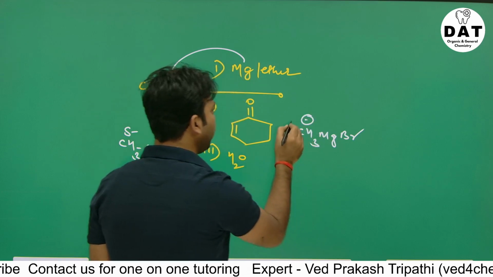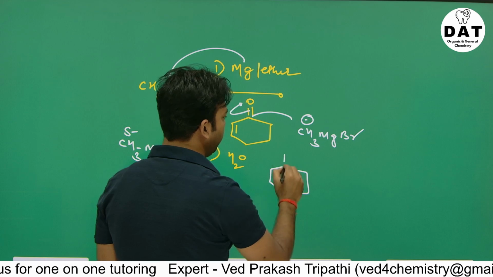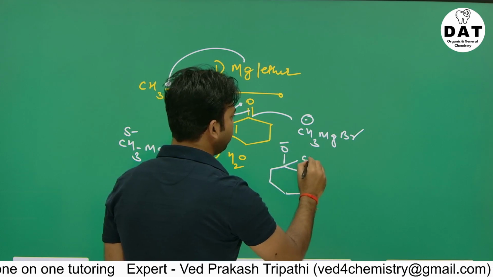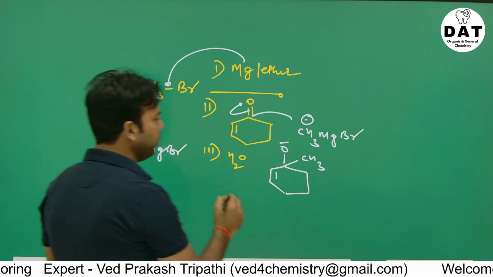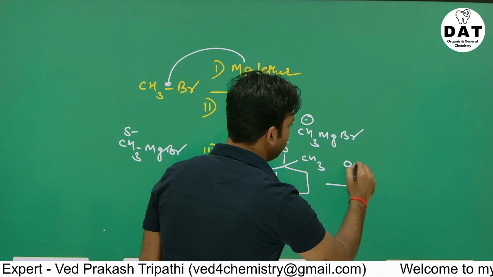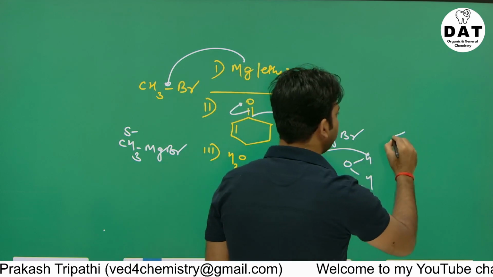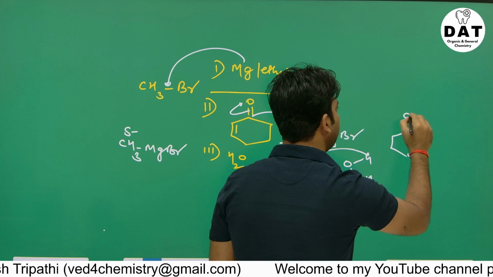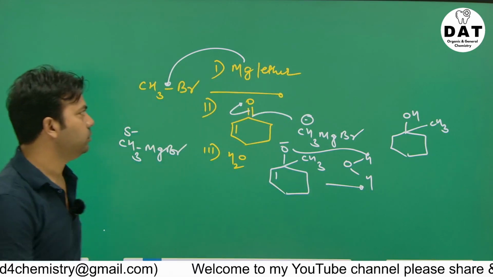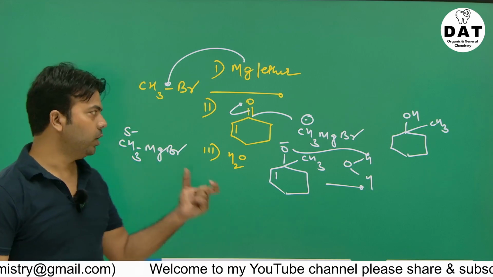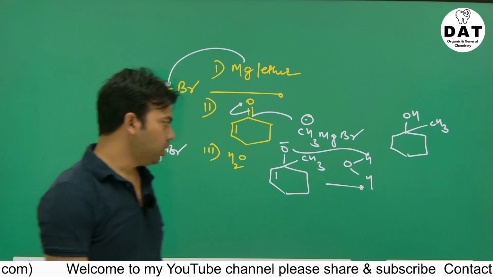So this negative attacks over here, this bond is going to break. So it will be O minus and here we have CH3 and this is the double bond. In the next step, we all knew we have water, so it will grab the hydrogen of water. So here we have an alcohol, OH, and this is CH3. Makes sense? So this is called 1,2 addition. Grignard is my reactant molecule. So now the next is,